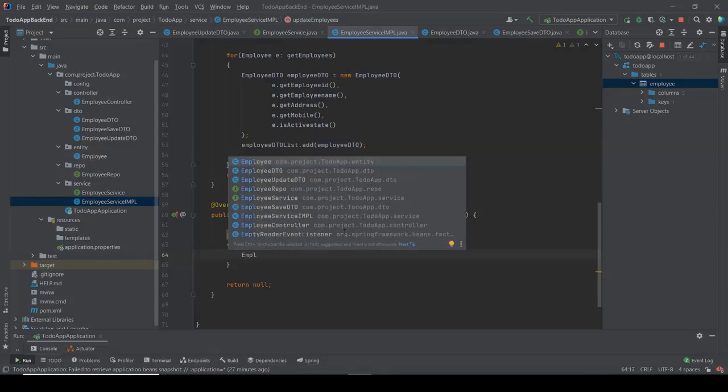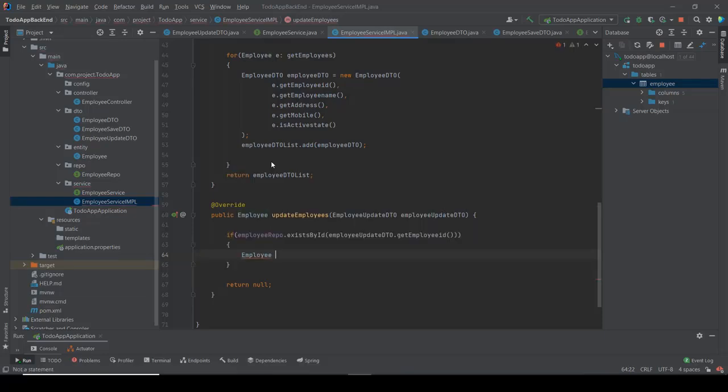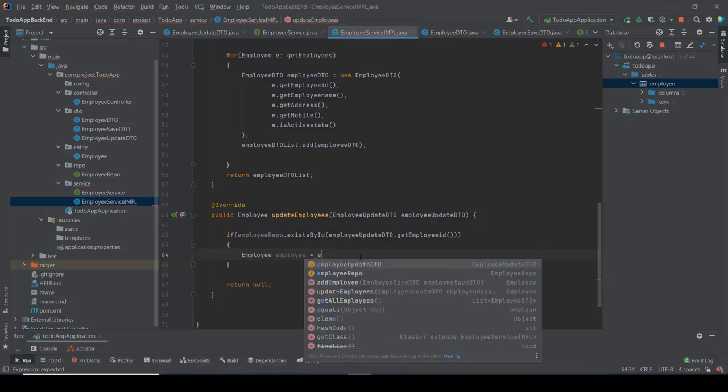The repo can't communicate with the database and update the record by itself. There is another layer called entity. So you have to write this: you have to create the entity object, the employee entity. Create the employee object over here equal to repo, the employee repo